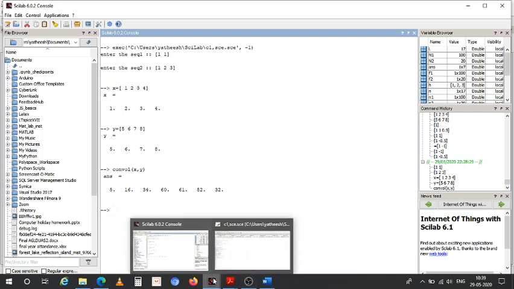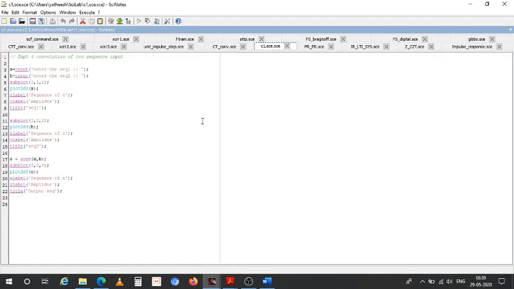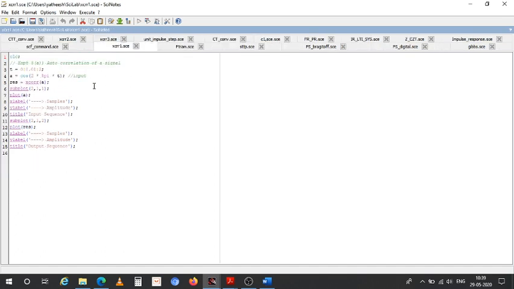So now let us proceed to the next program, that is correlation. This is your experiment number 5. So here basically we are having a cos signal. Autocorrelation is defined as basically the convolution of the signal with itself.